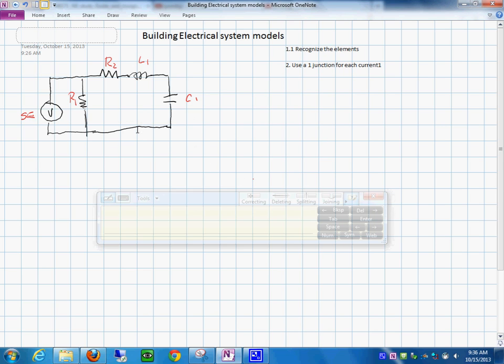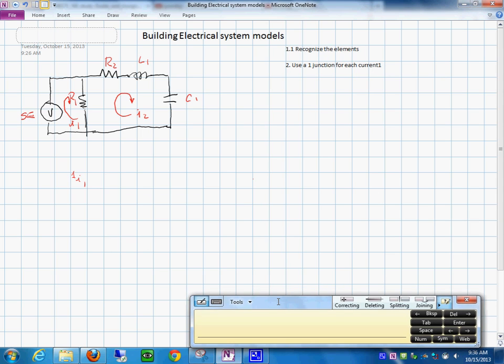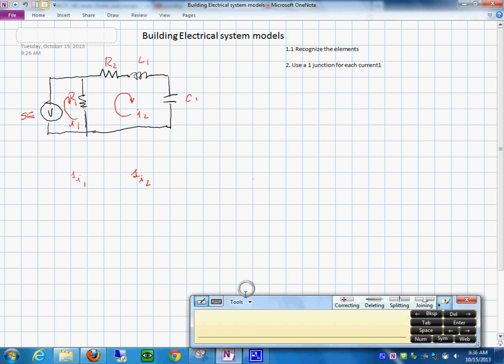So there we go in here, and we recognize the current I1, and then you have the current I sub 2. Yeah. So we use a one junction for each current. So I'm just going to use a one junction for this I1, and then a one junction for this I sub 2 in here, right there. And then we are going to say, okay,